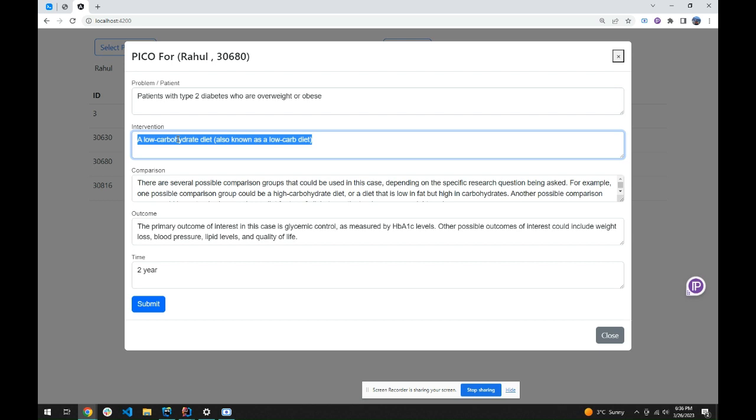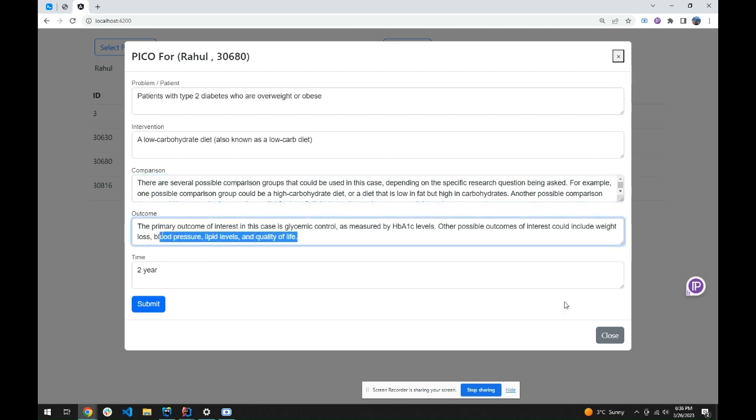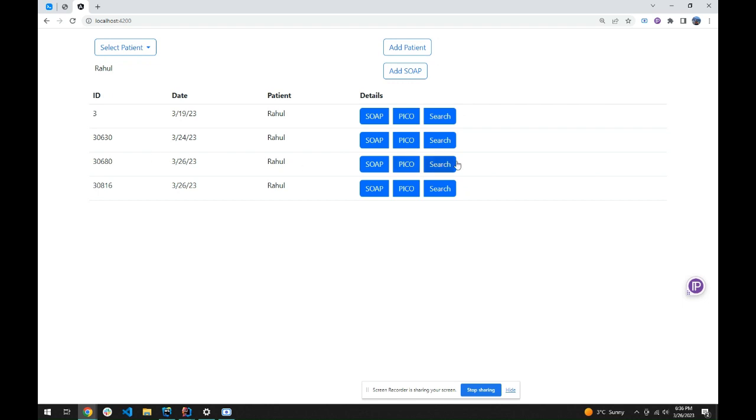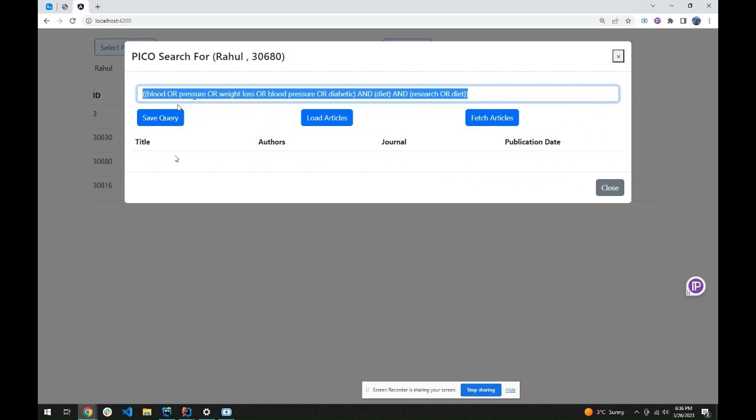diet. Ideally, we want to follow the low carbohydrate diet, and we try to find any alternative solution so that we can get low weight, or we can reduce the weight with the help of, but the condition is that we have to absorb high carbohydrate, and this is our primary goal. So once we save this one, then when we click on the search button, then we'll be having this query